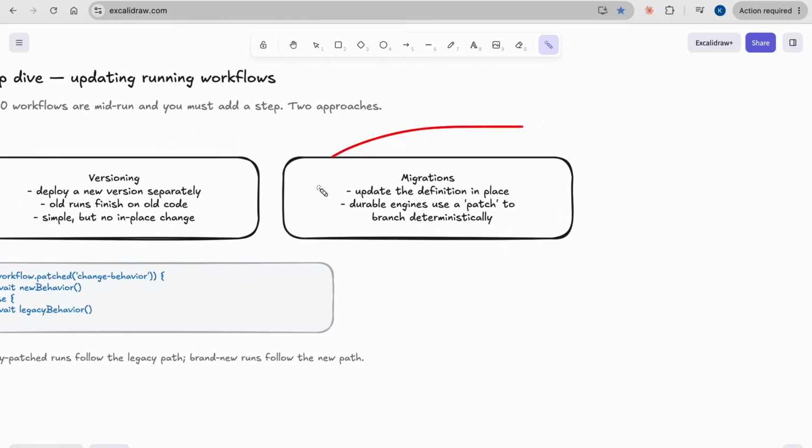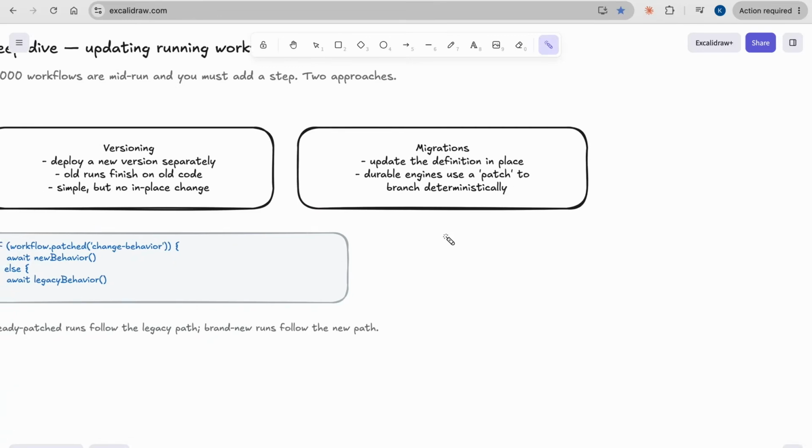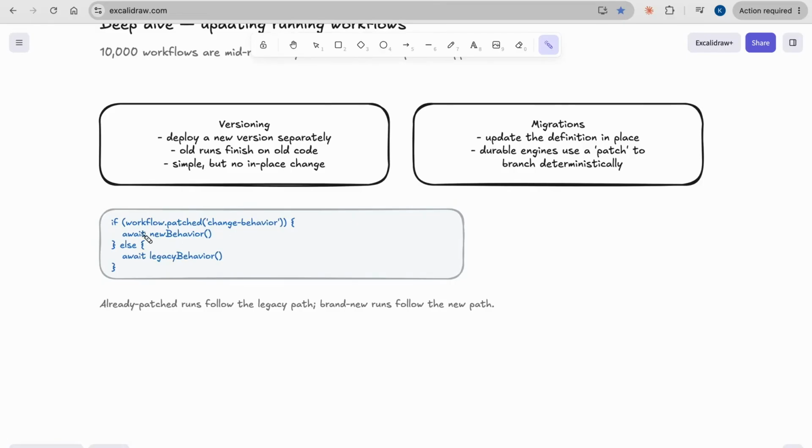The other approach is migrations, which is pretty complex. Here we update the definition in place, and then we have a concept called patch to branch deterministically. We check this patch call, which returns true for new executions, so they run the new behavior.